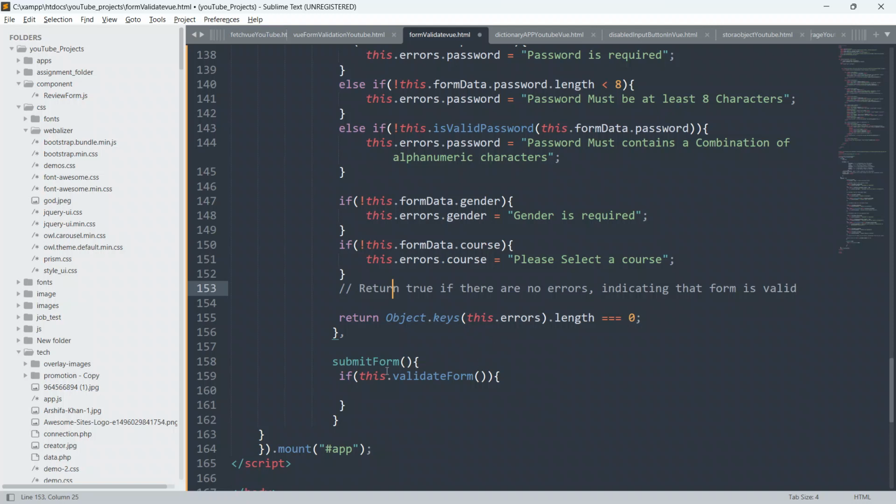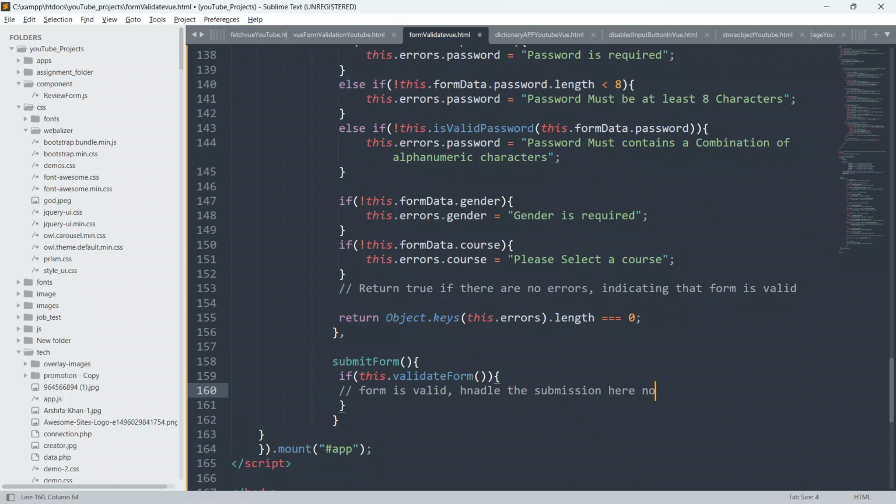Okay, and here we are just taking this dot validate form, it will return true, so that this if block of code is gonna run, and we will let the user submit the form. Okay, so now we will also put the comment here, guys, for you also. Form is valid, handle the submission here now.